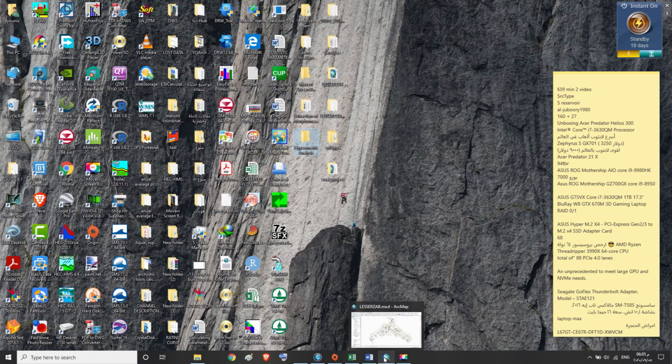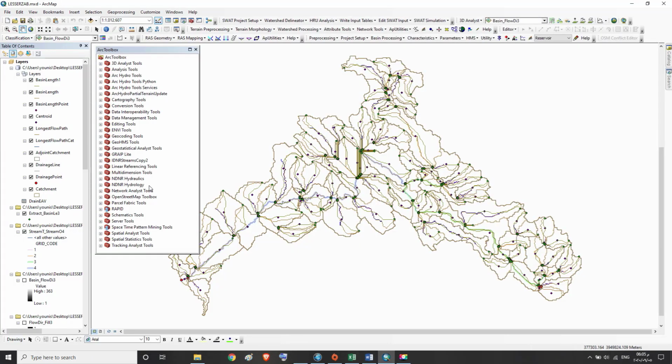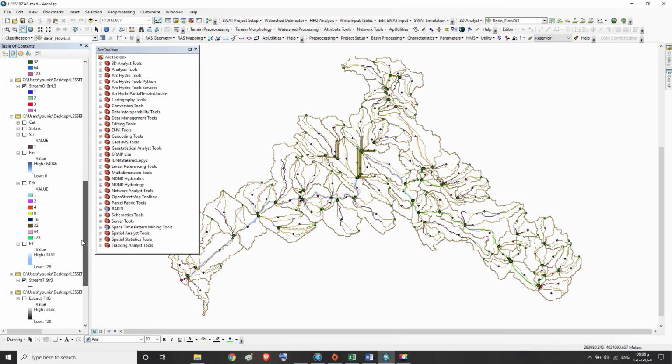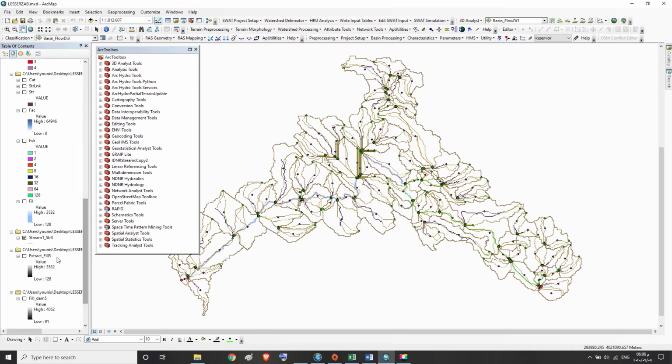Then we go to the project in ArcMap. And we go to the DEM layer that is cut for the study area, and it is titled extract